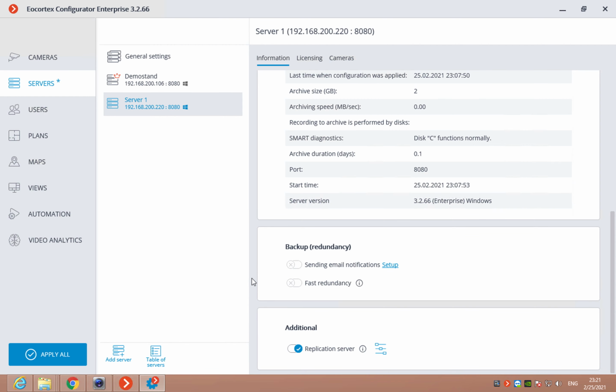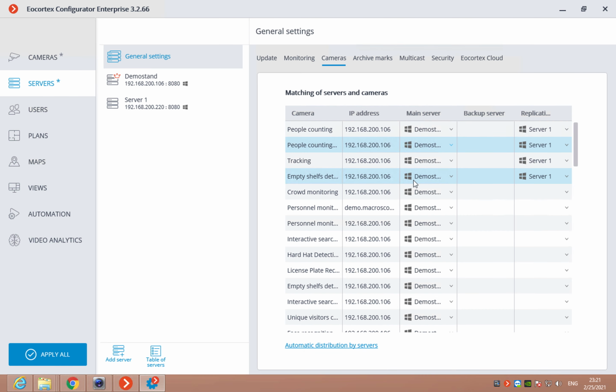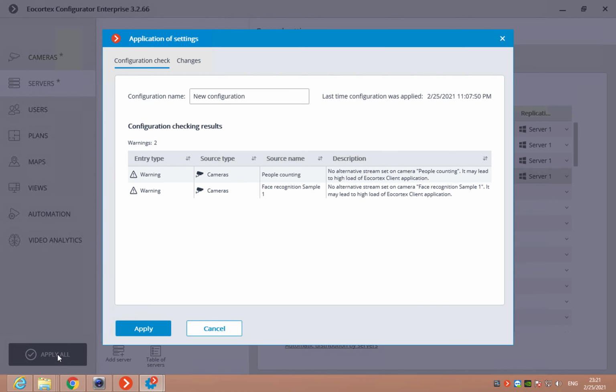Let's apply the configuration, and then we need to select which cameras will be replicated. So we go to General Settings, Cameras, and here we select the server 1 as a replicating for the cameras that we want to replicate. So not all the channels will be replicated, but only that you want to replicate. So you select, and we have a main server for the recordings and replicating server for that. Then we apply the settings,